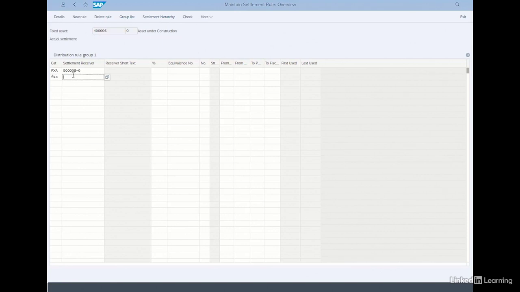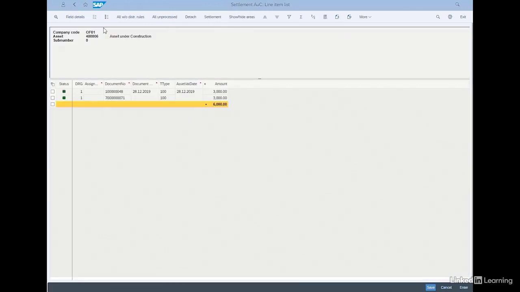I then create a second line, but this time I type in the second asset number rather than search for it. I enter a split of 30% to one asset and 70% to the other. I go back one step to the line items, which have now gone green to show they've been assigned. And then I save